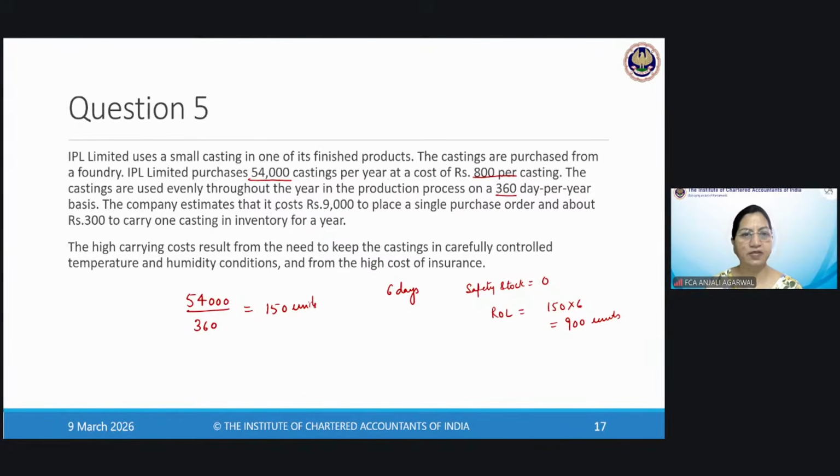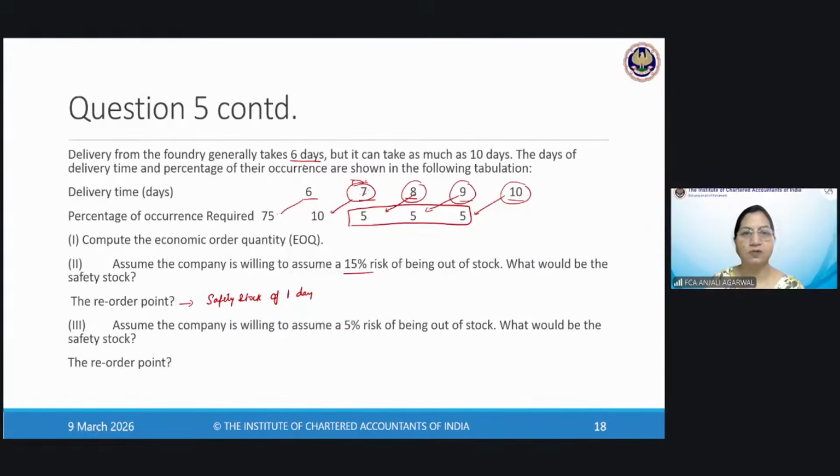So we can calculate EOQ and everything here. 900 is the cost of placing an order and 300 is the carrying cost. But I am focusing here on safety stock. So 6 days is the average consumption. Safety stock, if you are not keeping any safety stock, then your reorder level is